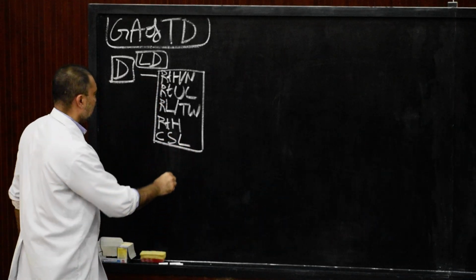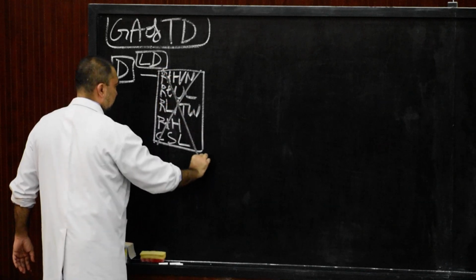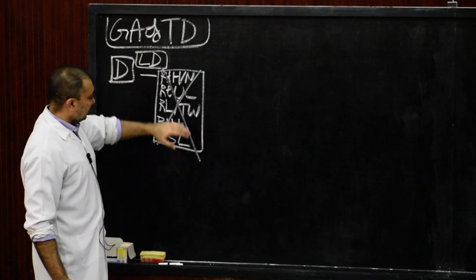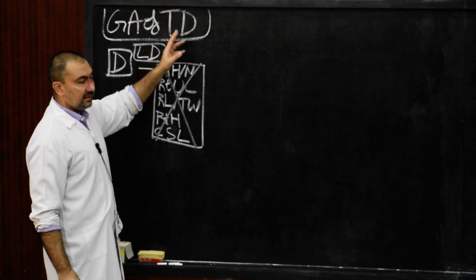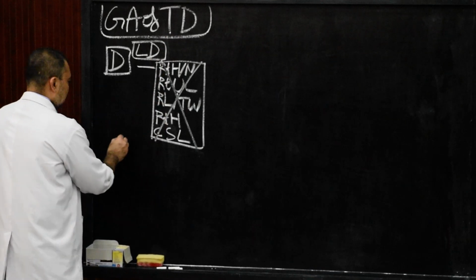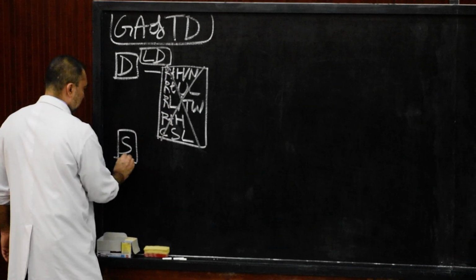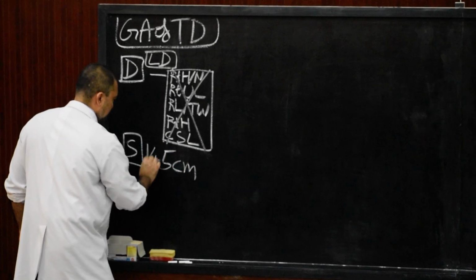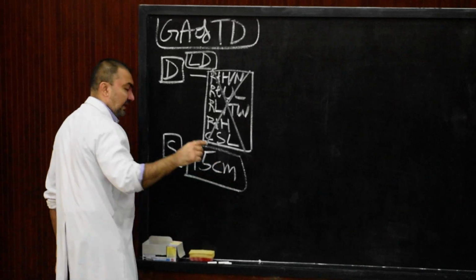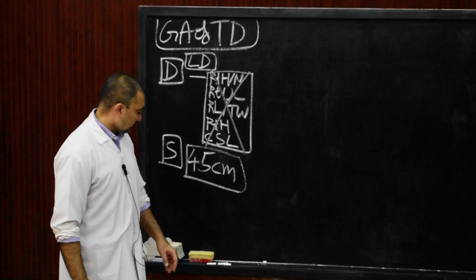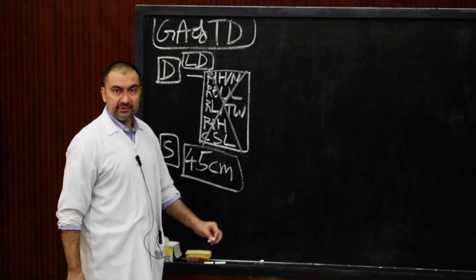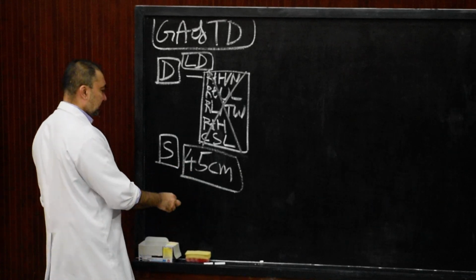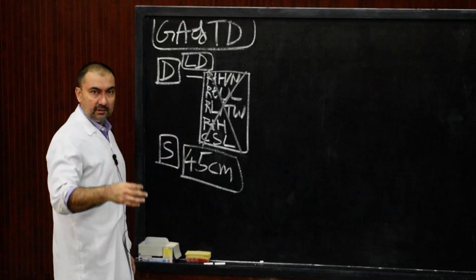This is the definition. So thoracic duct, except these 5 places, the entire lymphatic drainage of the body will be carried through thoracic duct. Now, the size. Please note down, it is 45 centimeter or roughly around 18 inches in size. This is also asked in MCQs. So 45 centimeter or 18 inches in total length.